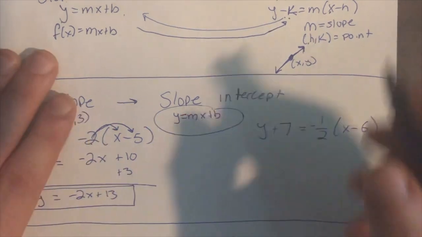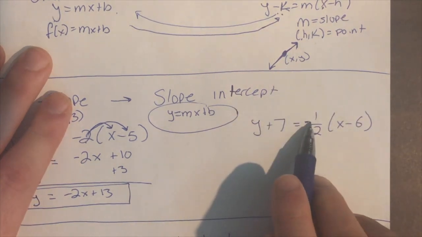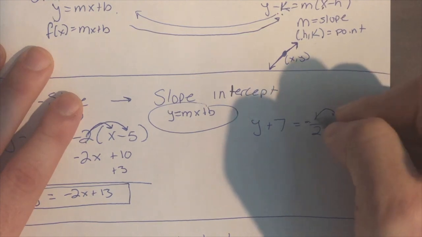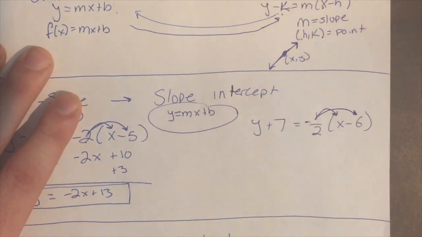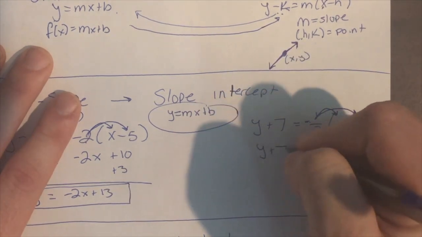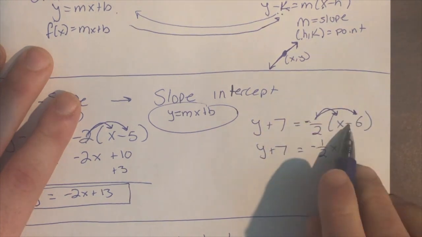All right, now I'm going to show you the conversion. So here I go. This is y plus 7 equals -1/2 x minus 6. So I distribute the -1/2. All right, that gets me y plus 7 equals -1/2 x plus